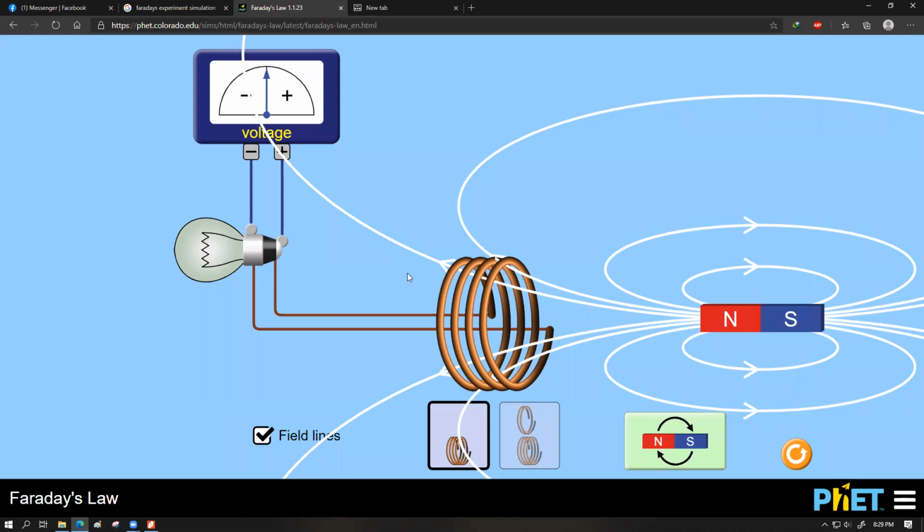This is actually a very crude idea, or a very basic idea for how the electricity can be created. But the actual mechanism is far too advanced and far too